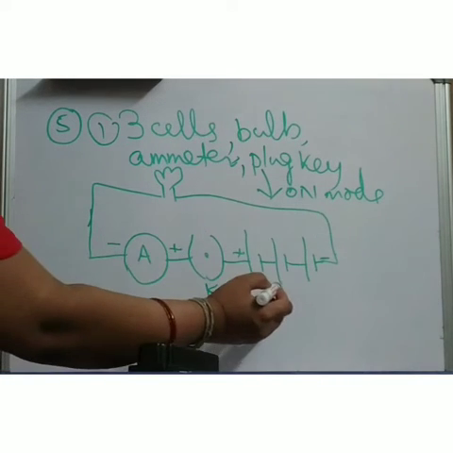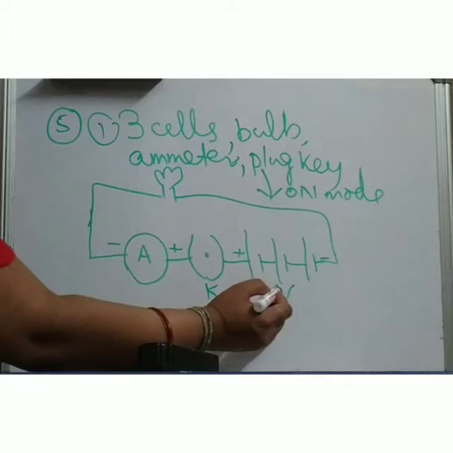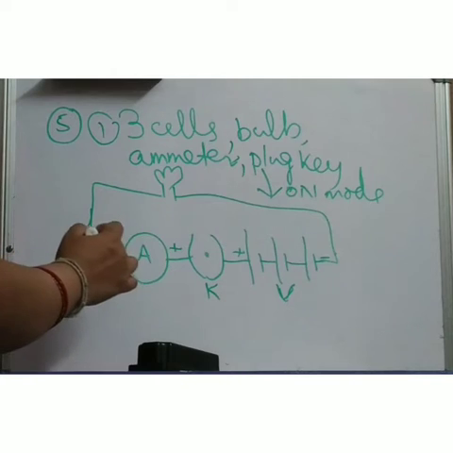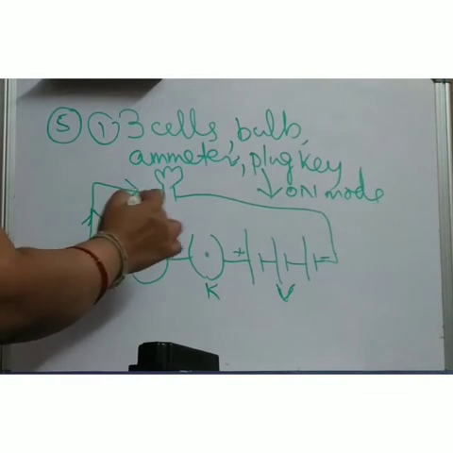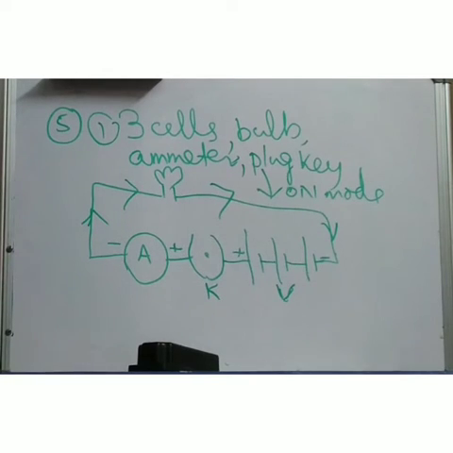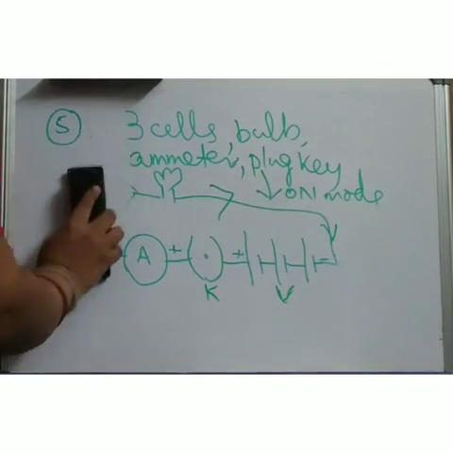So this is your key. This is your cell, voltage V, and give the direction of current flow also. From which direction to which direction will the current flow? Current will flow from positive to negative. So this is the direction of current flow. Is this diagram clear? Please note it down. It is easy. Done? Okay, we'll move to the next question.